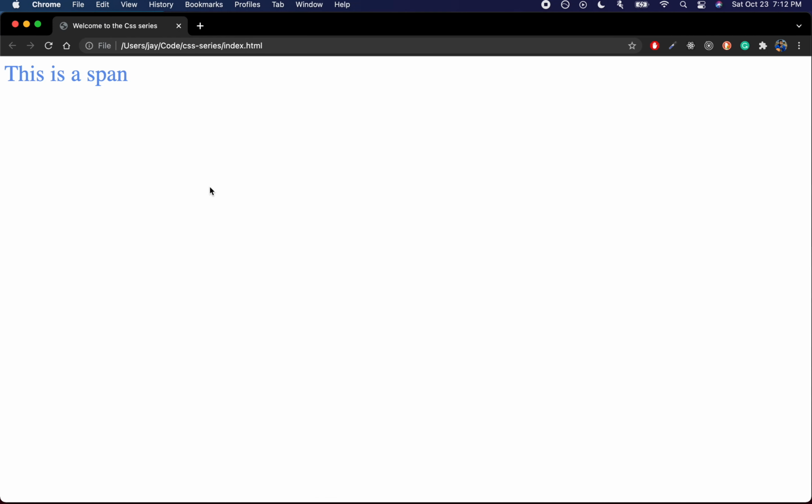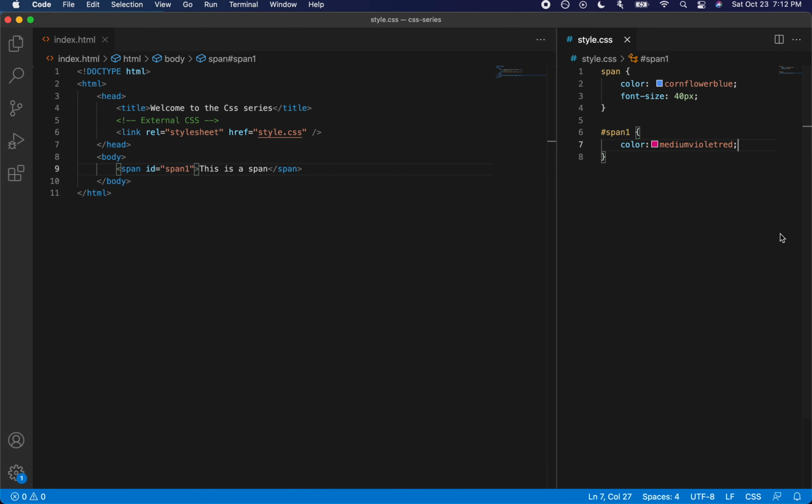Okay. Now if I go back and do a refresh, the color that has been given here using an ID selector took higher precedence, or it got a higher weightage. The browser decided to give this style a higher weightage when applying a color. When it compares between these two, this got the higher ranking.